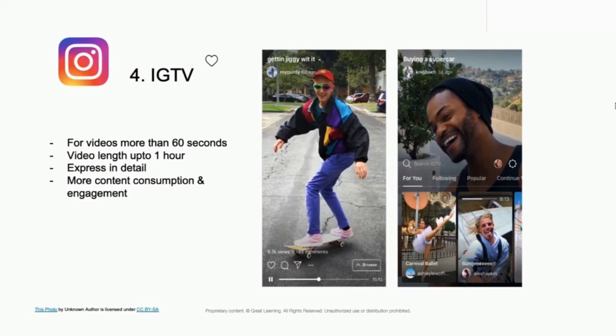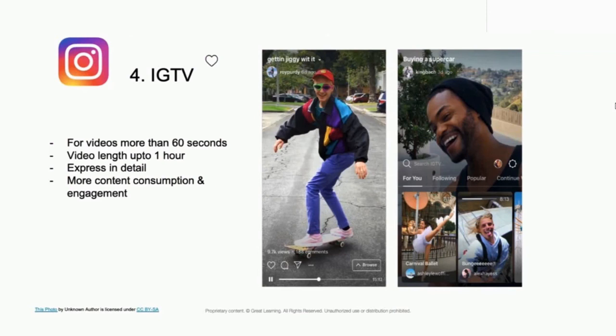And as a brand, you should be uploading longer videos because it gives you more space to be creative. It gives you more space to express yourself in much broader ways, and that can actually make people follow you much more quickly, because then people are able to understand your brand much faster.